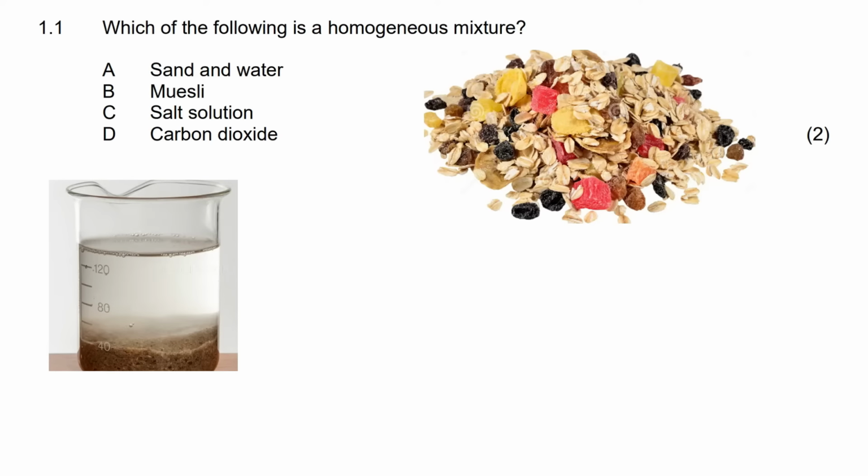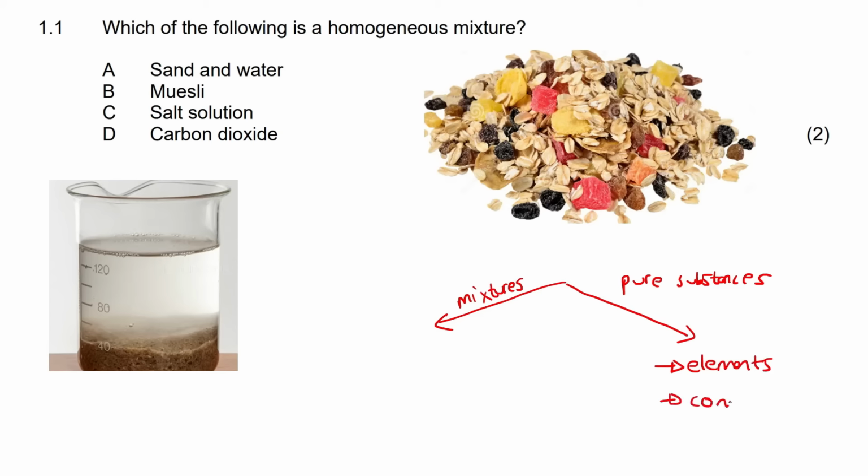Which of the following is a homogeneous mixture? Okay, so let's quickly talk about what a mixture is, because we need to make sure that these are all mixtures. We've learned that in chemistry, we've got mixtures, and then you get something called pure substances, right? We've spoken about that. Now, pure substances are things like elements